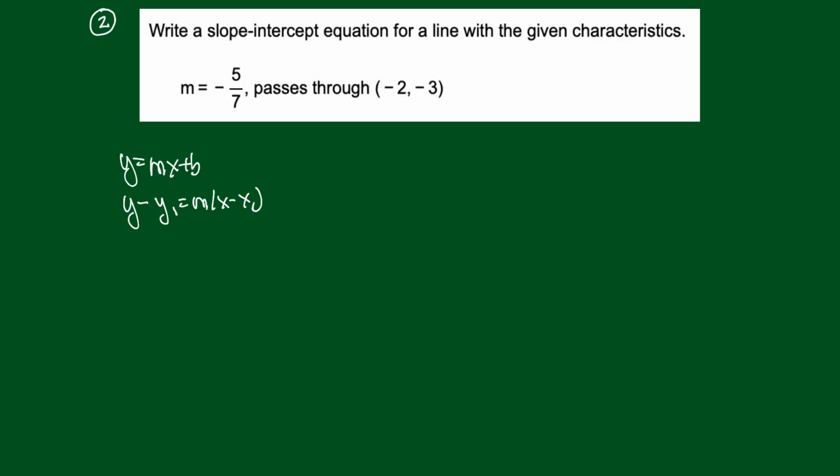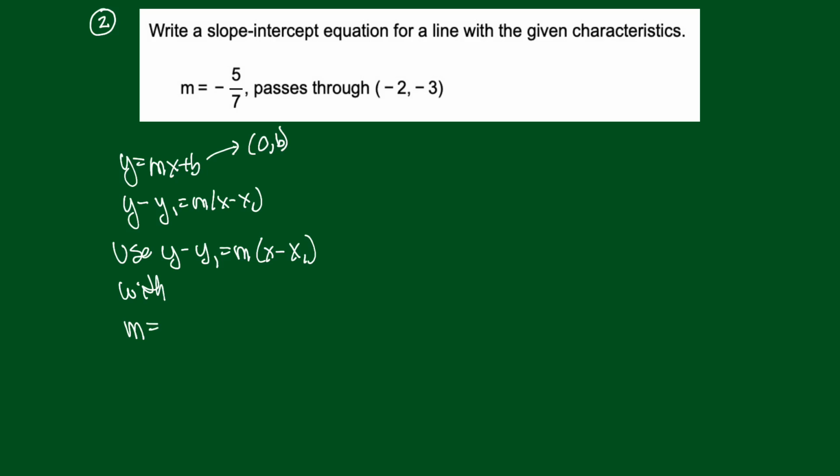b, remember, is the y-intercept, and the y-intercept always has this form right here. The first component is 0, and up here, our first component is not 0, so this is not where the line crosses the y-axis. So as soon as I don't have this, I'm going to go to this. So I'm going to use y minus y1 equals m times x minus x1 with